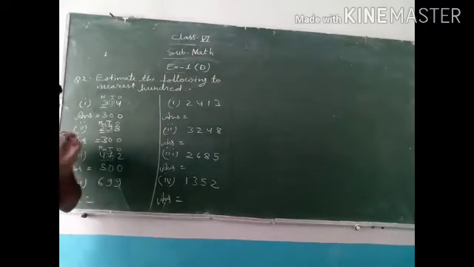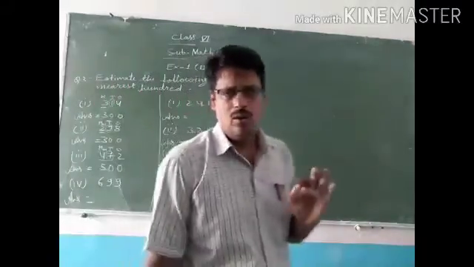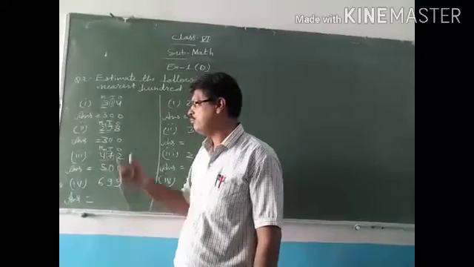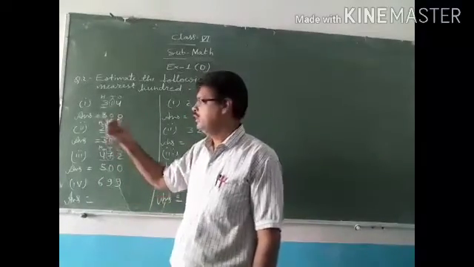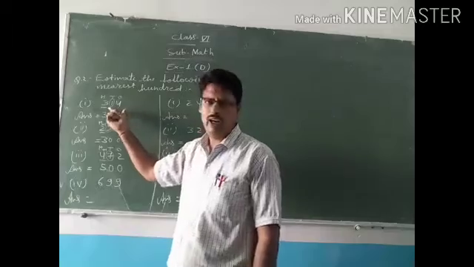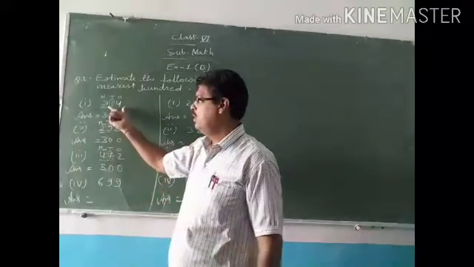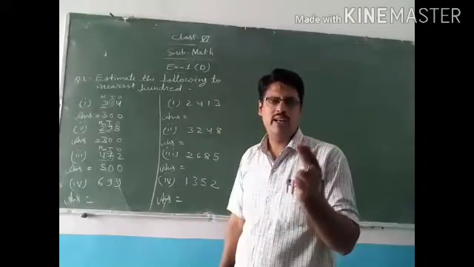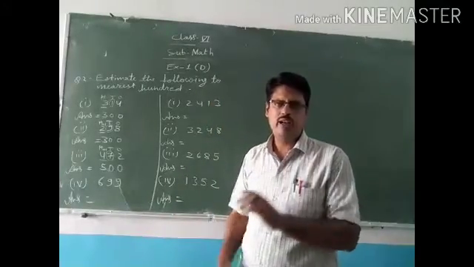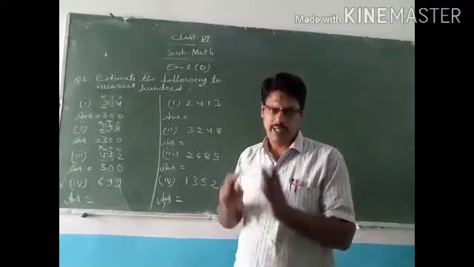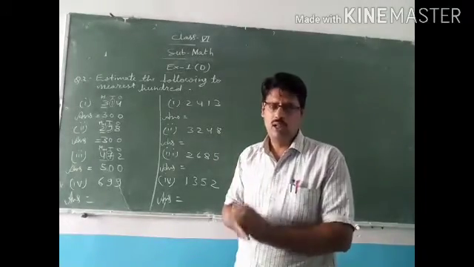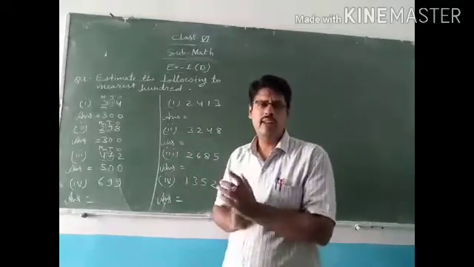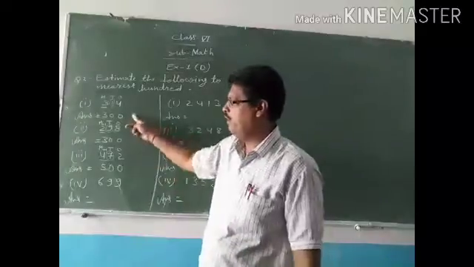Okay, so this is the shortcut method I have taught. But if we think about how to round off at the 100 place, 314 will come in between 300 and 400. 314 किसके बीच में आएगा? 300 और 400 के बीच में. तो ये किससे ज्यादा nearest है, 300 से या 400 से? It is nearest to 300. So that's why we have written 300.